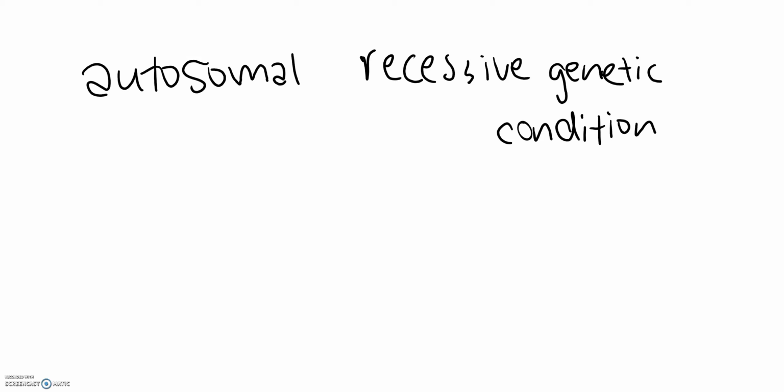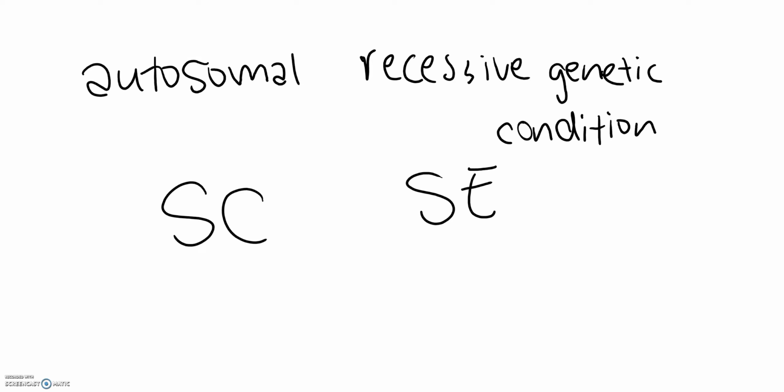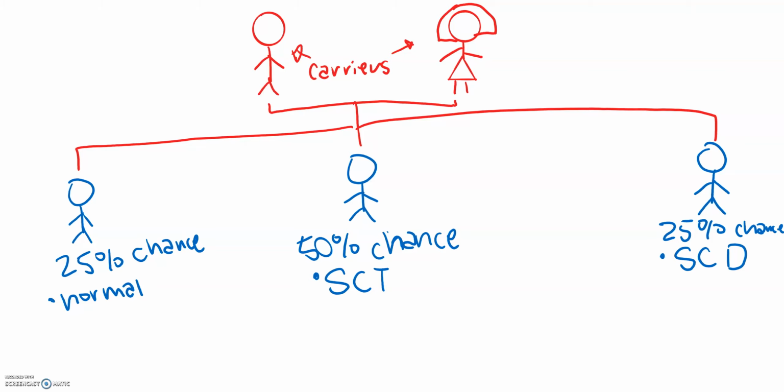So for other types of sickle cell disease, such as SC or SE, they already have one abnormal gene from one parent of hemoglobin S. However, the other gene, as you can see from C and E, is another abnormal gene that contributes to how the child has sickle cell disease. So imagine if 2 parents are carriers of sickle cell disease where they have sickle cell trait, and they have hemoglobin AS.